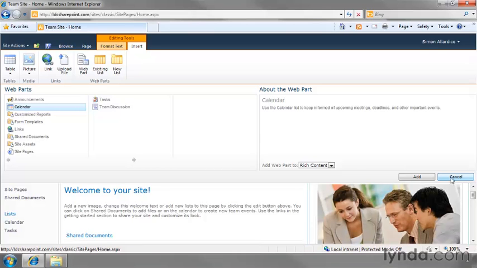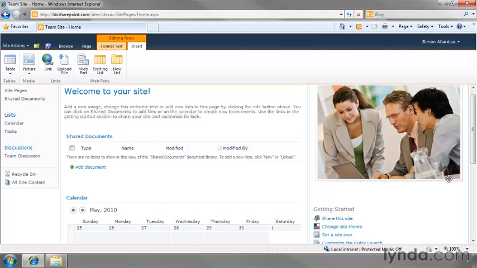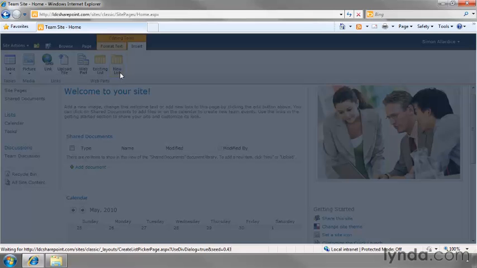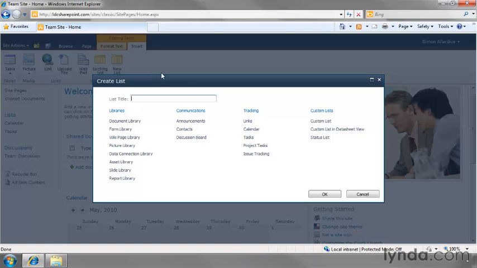One of the new options we have to make that process easier in SharePoint 2010, I'm going to cancel out of this one, is to say, well, I want to add a web part that represents, let's say, a list of contacts. But then I remember, wow, I don't have a list of contacts on this particular site. Well, what I can do is two things at once. By clicking this button, I can create a new list, and it's actually showing me the available lists and libraries that SharePoint knows of on this site. We're going to get much more into this a little later, but I could say, well, here I actually want to